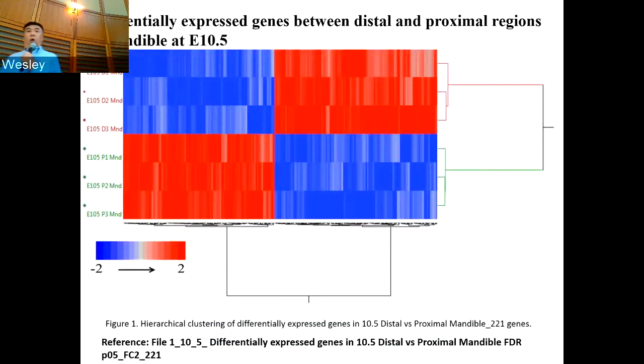So what's the quality of our data? That's something that we really pay a lot of attention to, and we have been running a lot of this analysis with the help of Vasu and Paul Thomas at USC. So here, looking at the differentially expressed genes between the distal region and the proximal region of mandible, showing you 3 samples from each region, and you can see they segregate quite well,